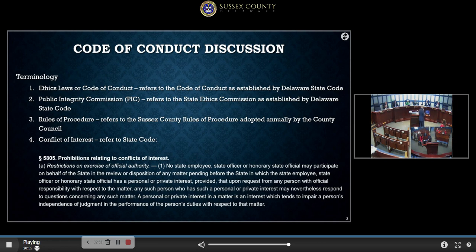A personal or private interest in a matter is an interest which tends to impair a person's independence of judgment in the performance of the person's duties with respect to that matter. So that's the governing paragraph for the state code when it references conflicts of interest.